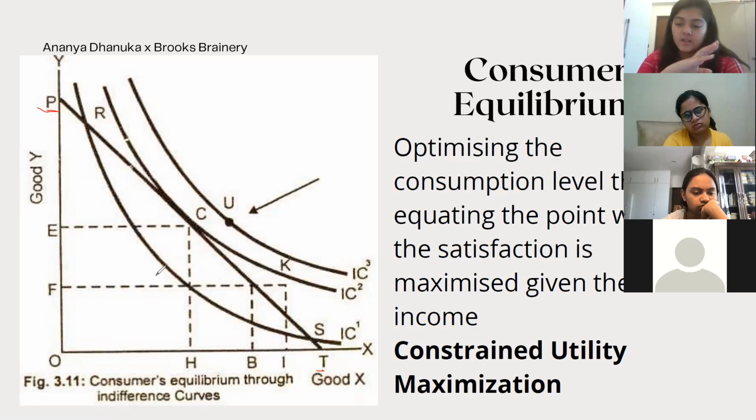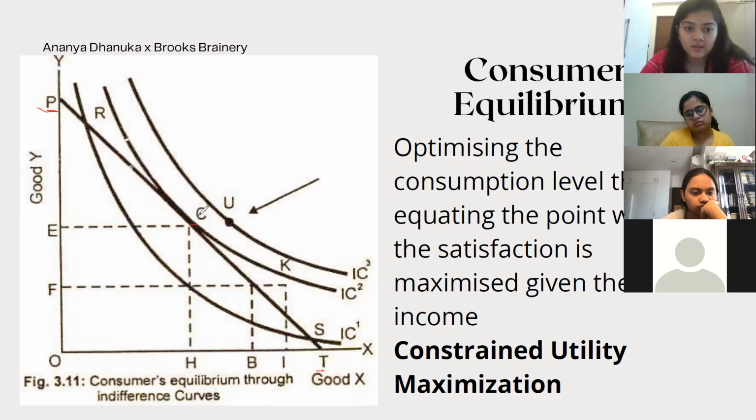But to maximize it, we assume that the consumer has no savings. That's the assumption that you take in microeconomics, right? So if I were to use my entire income, then this is the line that I make, PT. And my ideal consumption would be at a point where I'm maximizing the utility given my income, right? So now what we're doing is we superimpose the indifference curves we've made for different preferences across X and Y. And then we look at the point where the indifference curve is tangent to the budget line.